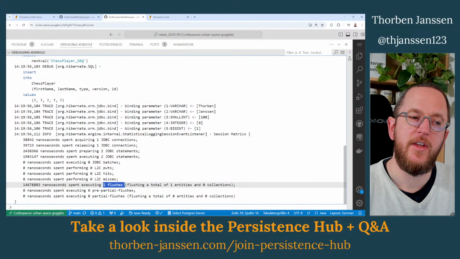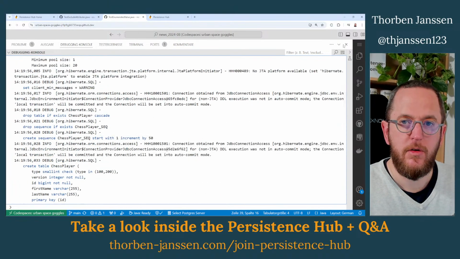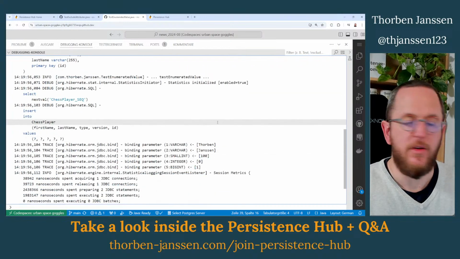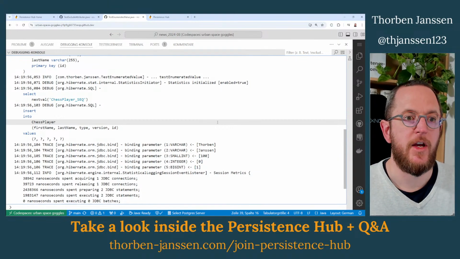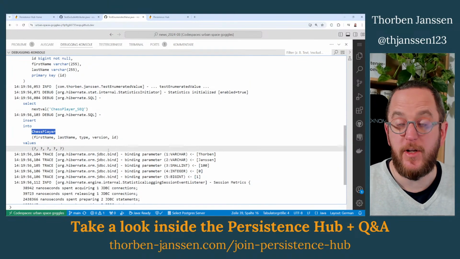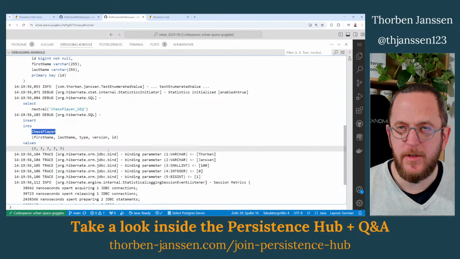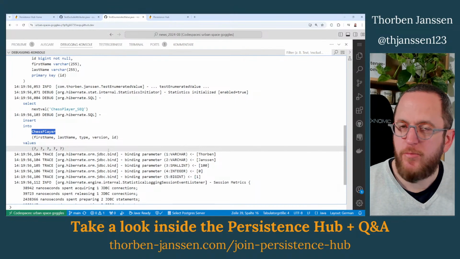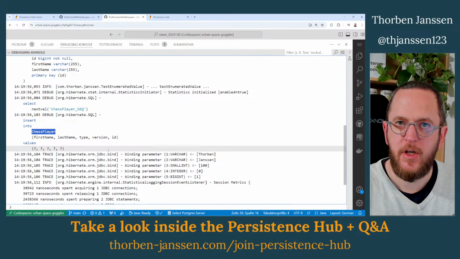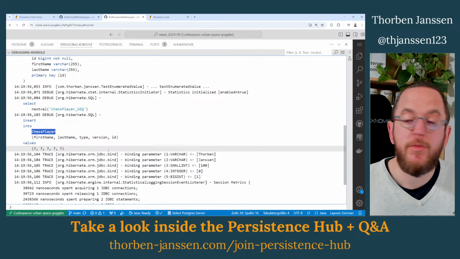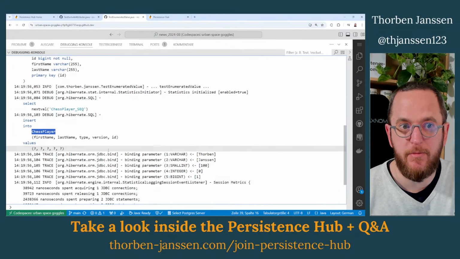Hibernate determines the so-called query space for some query. So Hibernate looks at the query statement and figures out, okay, that query uses, let's say, the chess player table. And that means if it only uses the chess player table, then only changes on chess player entities might affect the result of the query, while chess tournaments, for example, could be modified in local memory, but will not change that query result because you're not accessing the table to which that entity gets mapped.